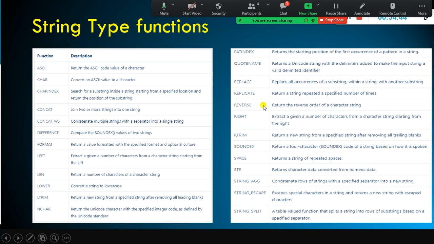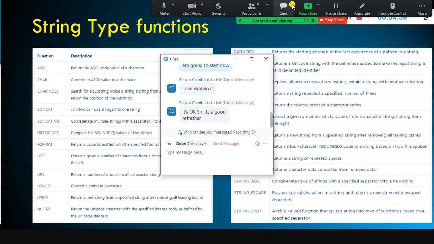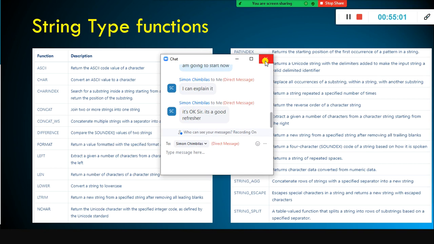And you have SPACE, which returns a string of repeated spaces, and SOUNDEX, which returns a 4-character code of a string based on how it's spoken. Try the SOUNDEX function. Why don't you give me some examples? Anybody? Can someone?